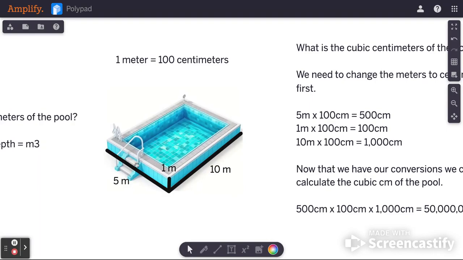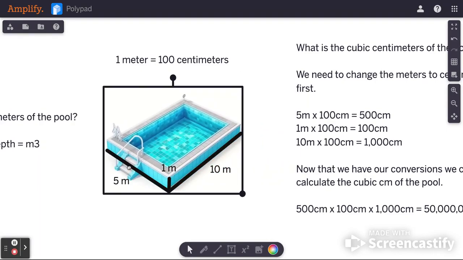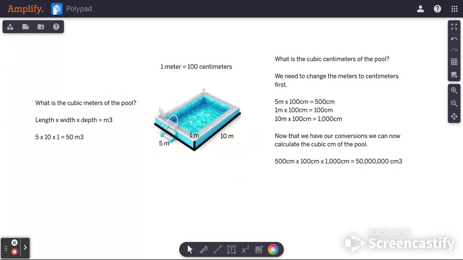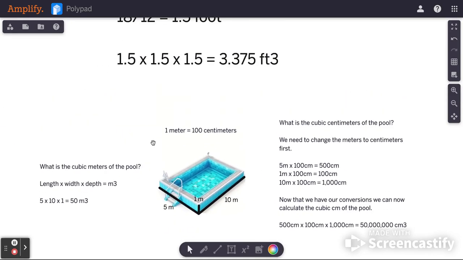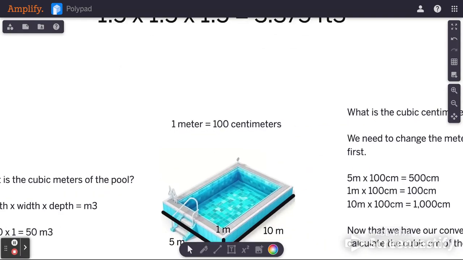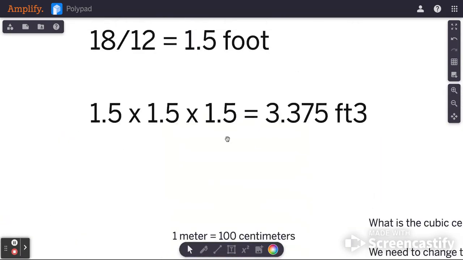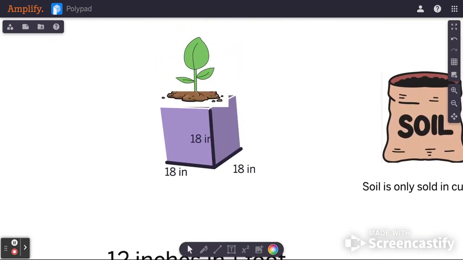So there are lots of different ways or reasons why we might need to convert our 3D units and solve different types of problems that are going to help us figure out some different things we might need to do, like with these examples of the pool, or maybe you're gardening and